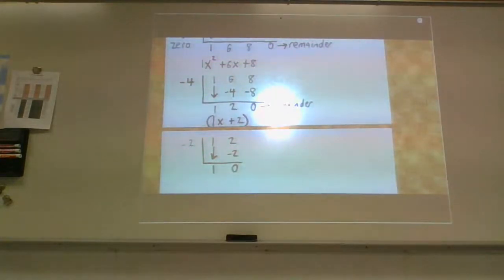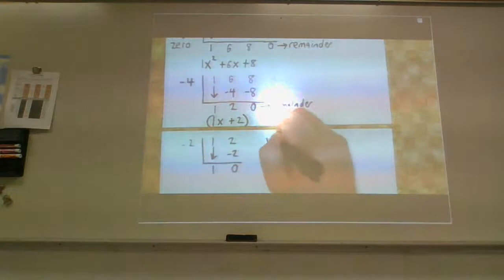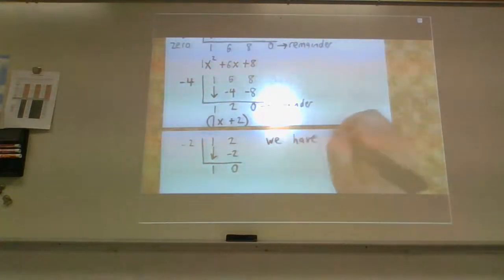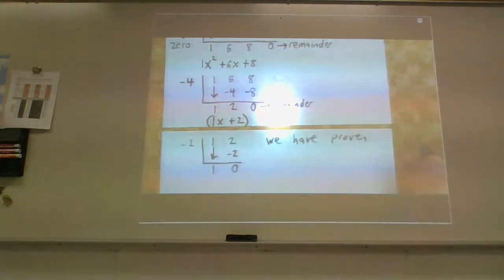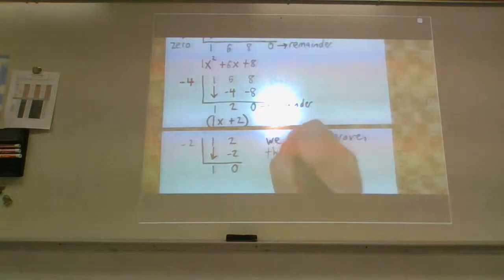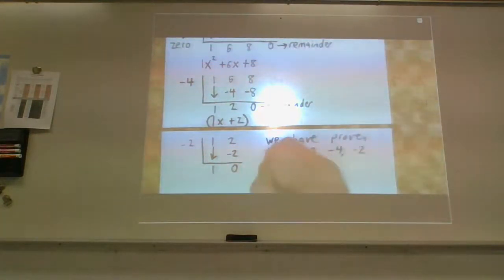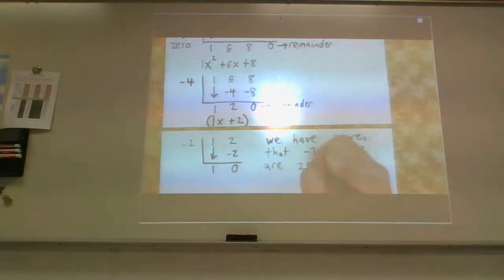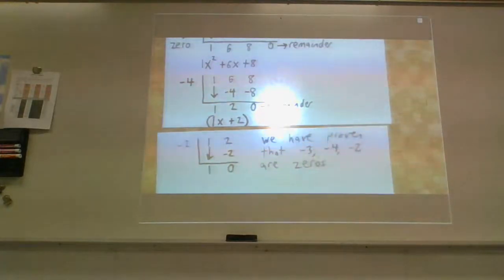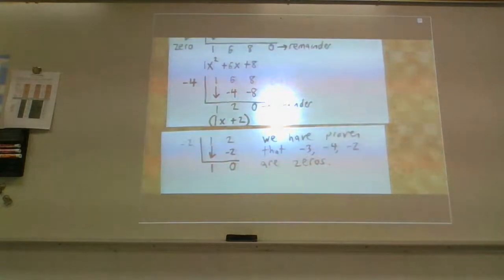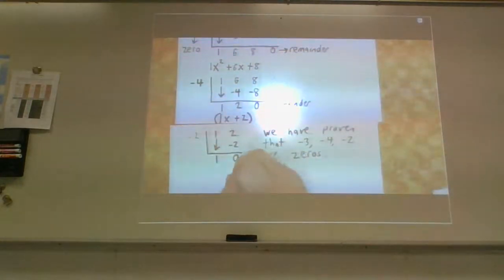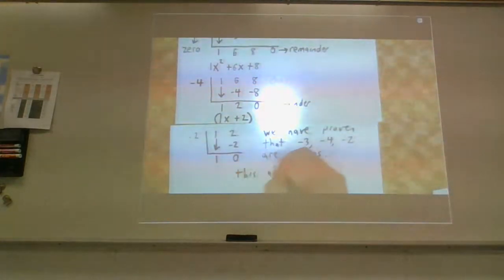So what this does is this. We have proven that -3, -4, and -2 are zeros. This also shows,